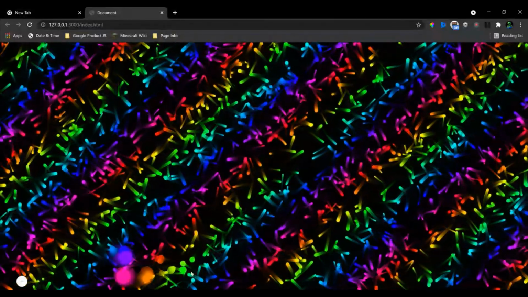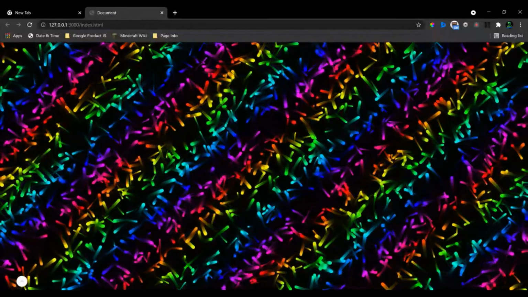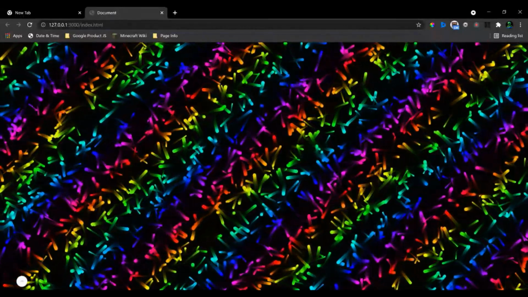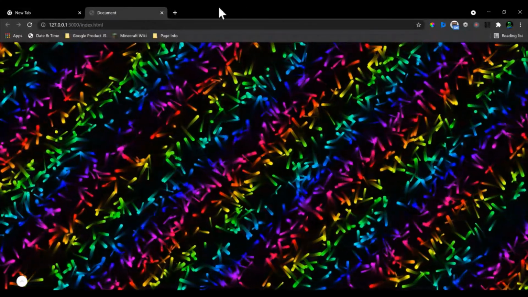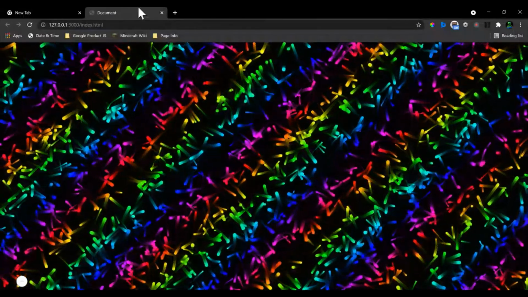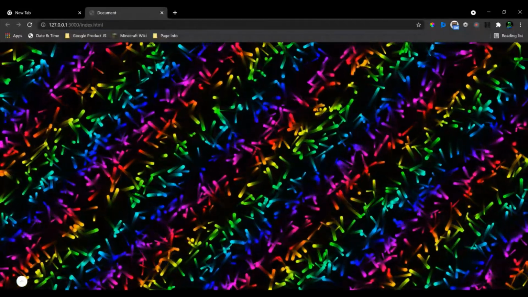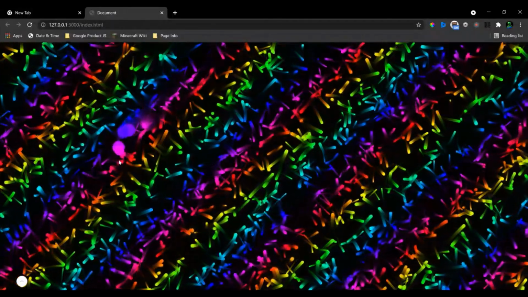Okay, so it works perfectly. Now if we move our mouse off screen, you can see particles that go near our mouse's last position don't grow bigger. So there we have it. A nice, simple effect